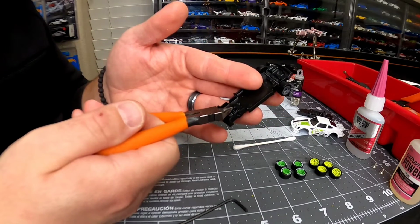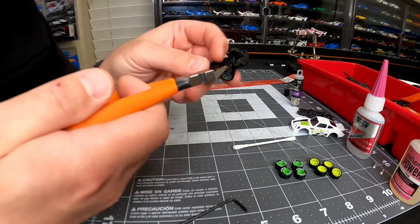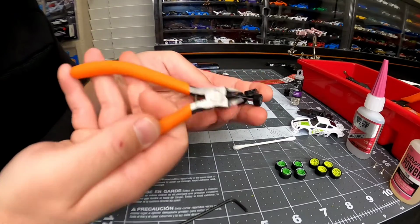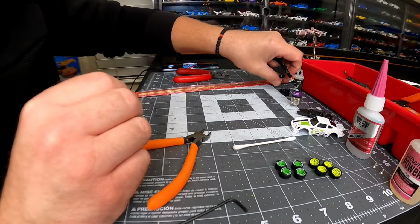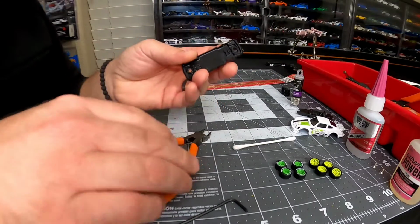So as you can see, I've already taken the fronts out, and all I did to take the front out was just snip that little tab right there. So the plastic bases are usually pretty easy. See, just falls right out. For metal, you will need some way to cut those metal prongs that would be on a metal base, and